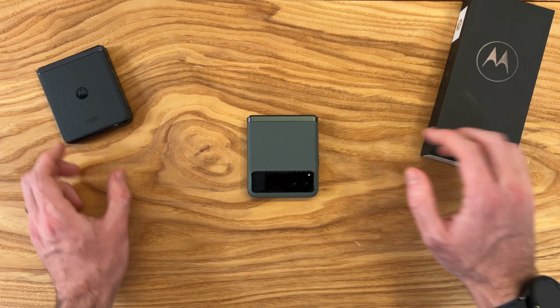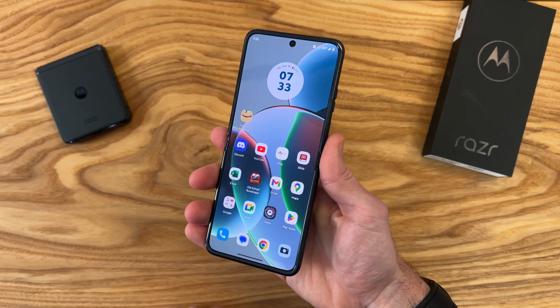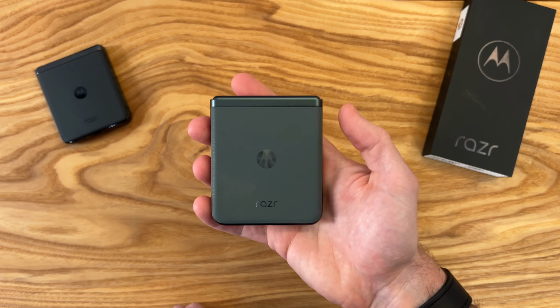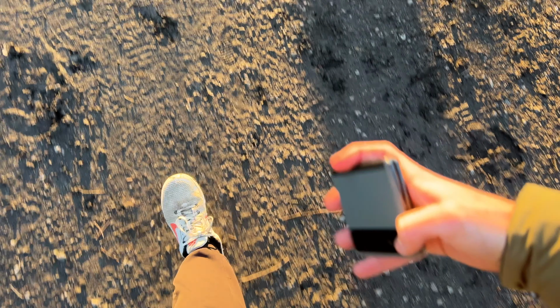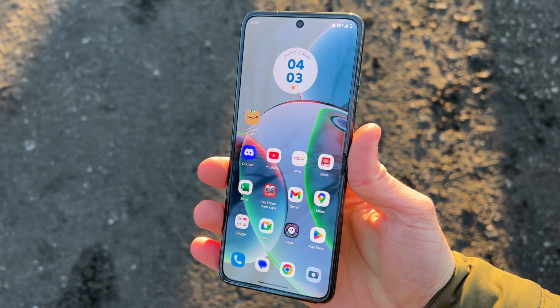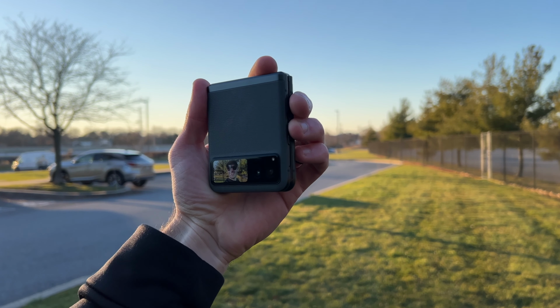So it's been 1 month since I first got my hands on the Motorola RAZR 2023, which at the time of making this video is the most affordable, foldable, flippable smartphone at just $500. In this video, I want to share with you some of the new experiences I've had with this new RAZR after a month of use and share some insight on whether or not it is a worthy consideration, since there